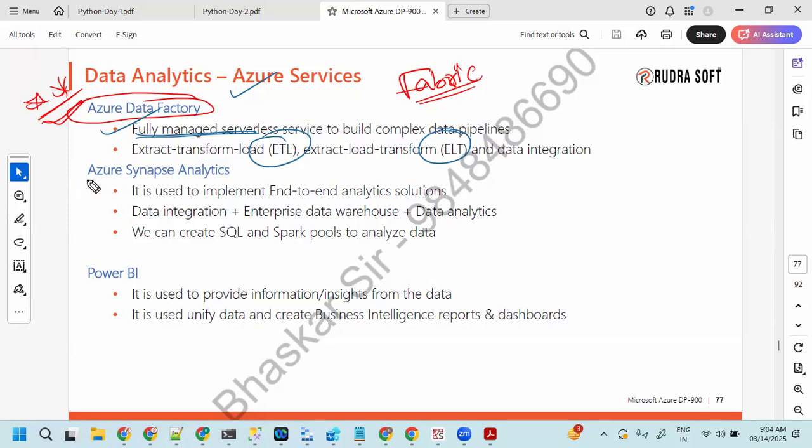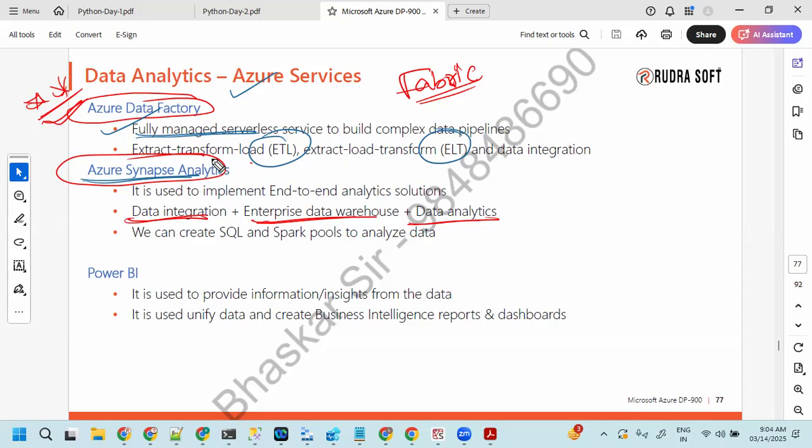And we have Azure Synapse Analytics. This is going to be deprecated, so you can just ignore it. I just wanted to say it is an end-to-end analytics solution. We will have data integration, a data warehouse, and data analytics as part of this.